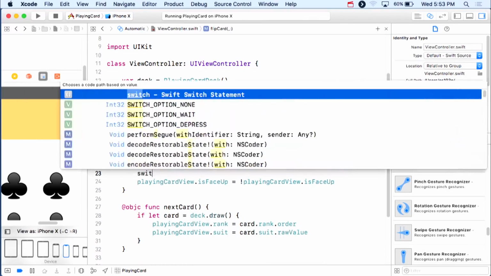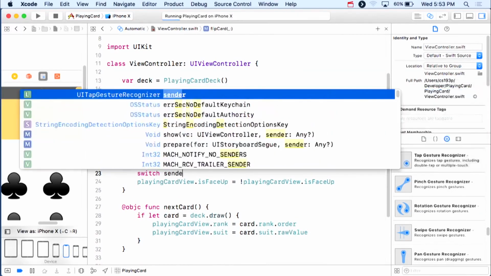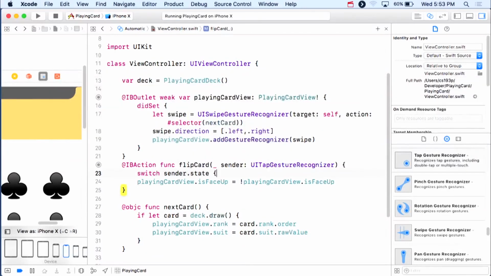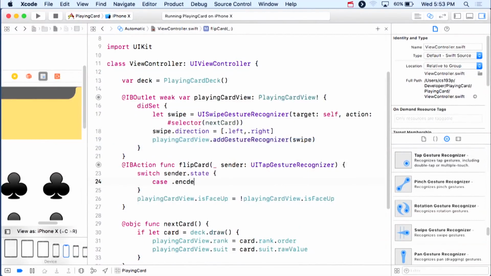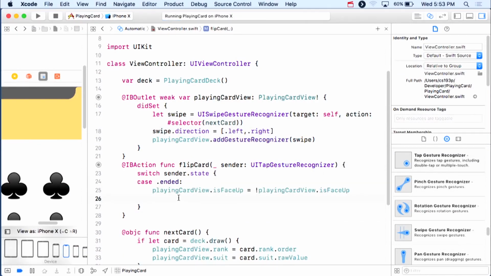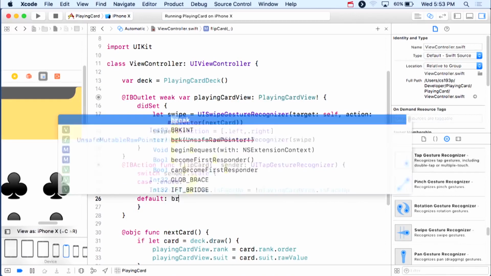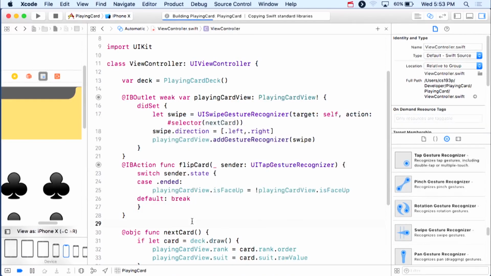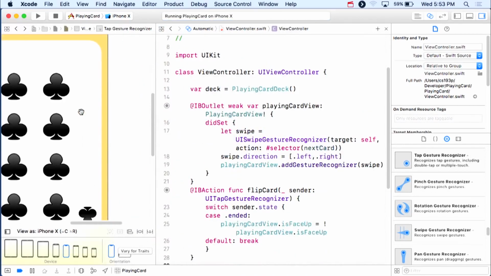I should switch on the sender, which is the recognizer's state, and make sure that we are in the ended case to do this. Okay? Now, it'll usually work to not do that, but I don't want to show you something that's really kind of not correct. Okay? And then the last one we're going to do is pinching to set the size of the face card. Well, to do that, I need to go back to my